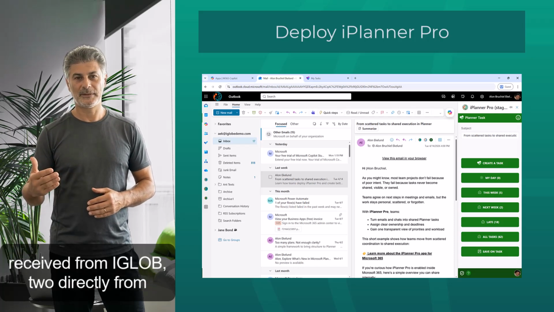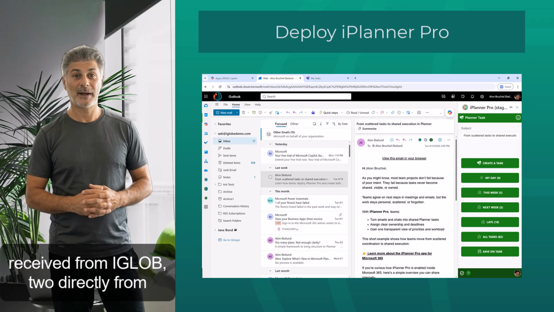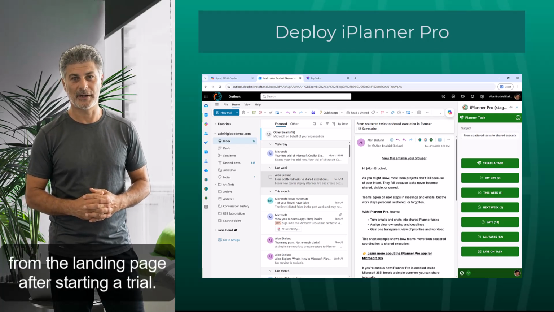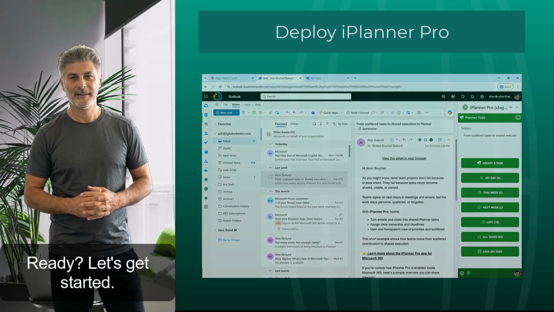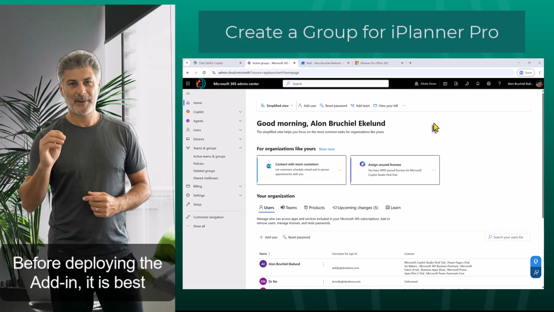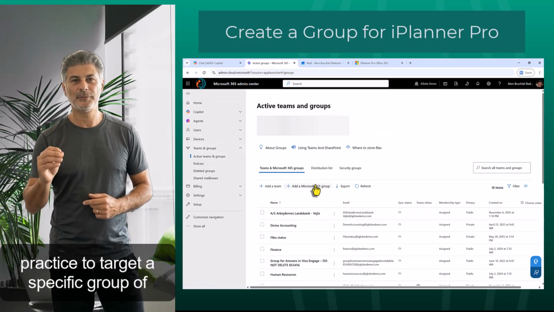1. From the email received from iGlobe. 2. Directly from Microsoft Marketplace. 3. From the landing page after starting a trial. Ready? Let's get started. Before deploying the add-in, it is best practice to target a specific group of users using